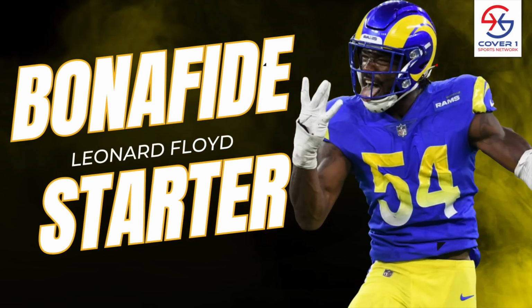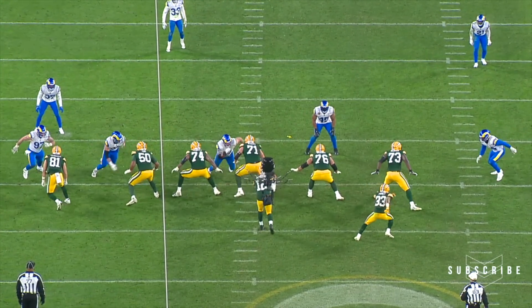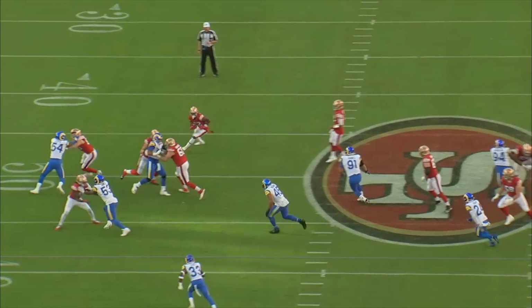Breaking news. The Bills have signed edge rusher Leonard Floyd to a one-year deal, reportedly worth up to $9 million. As Bills fans, we should tip our caps to general manager Brandon Beane, because Floyd is a bona fide starter